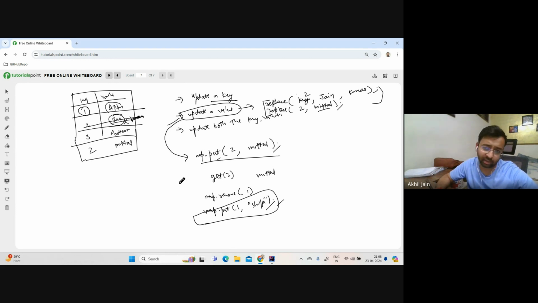Oh, we are not updating the key. We have to update it to a second value, right? So we are not doing this. So this is again updating your value only, right? We did the same operation of a value here. So if you have to update a value, right? I mean, a key here is